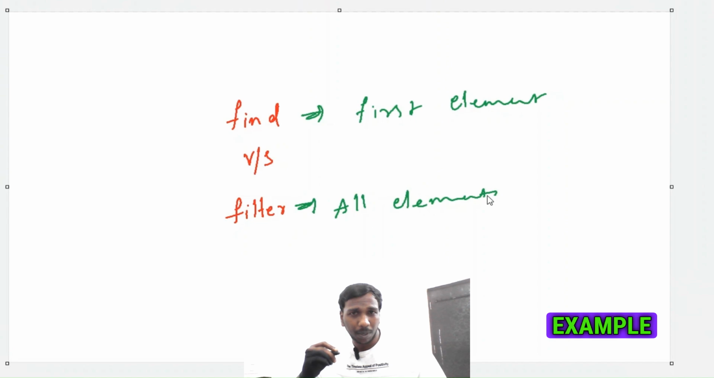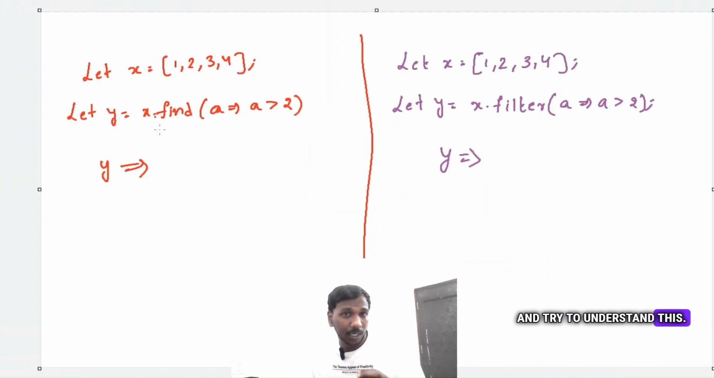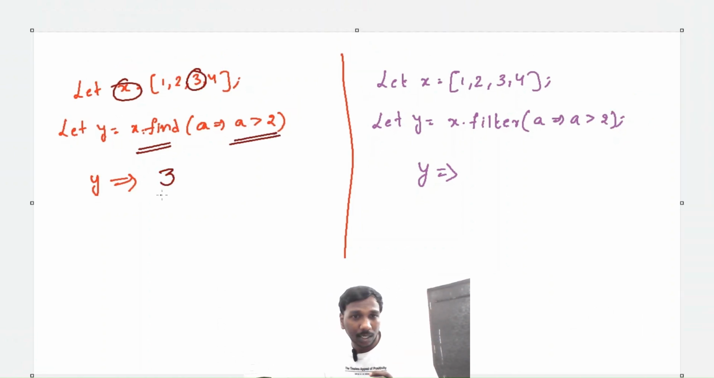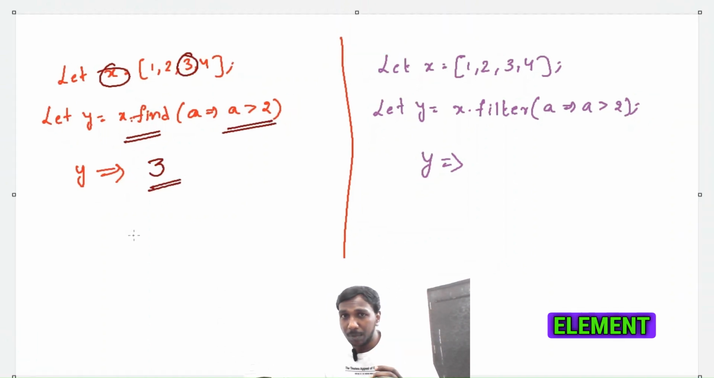Let us take a simple example and try to understand this. Here we are using find method on this array. We have specified a condition that a should be greater than 2, meaning element value should be greater than 2, and the value of y will be 3 here, because the first element which satisfies the specified condition will be